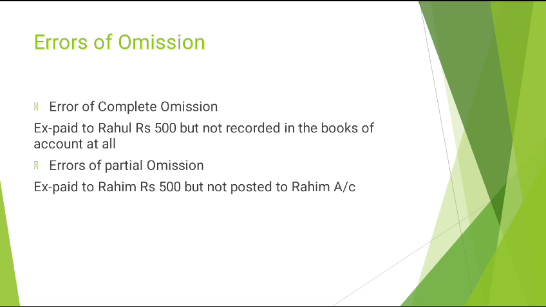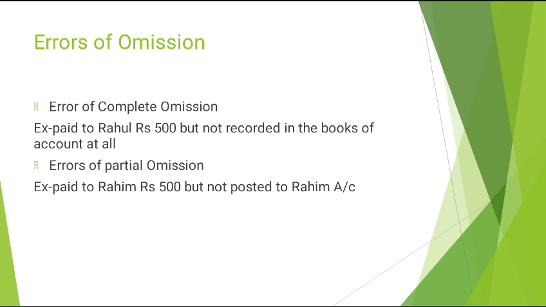Errors of omission. Errors of omission means when a transaction is completely or partially omitted from the books of accounts, it is called error of omission. Errors of omission can be divided into two types: error of complete omission and error of partial omission. Error of complete omission means when a transaction is completely omitted from the books of accounts,